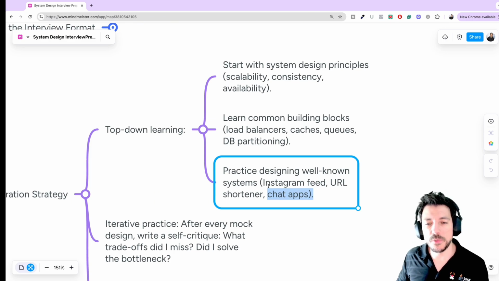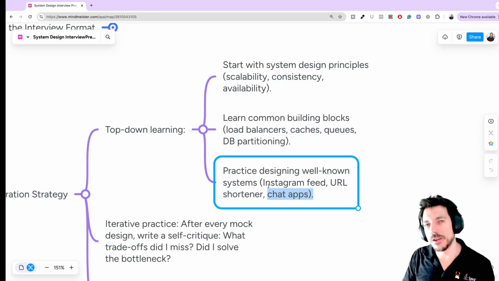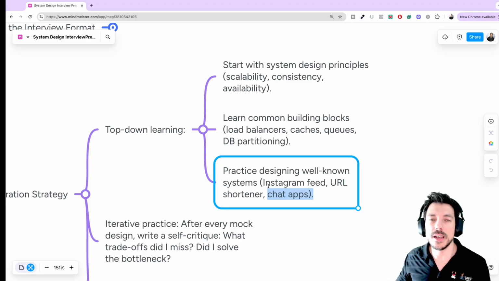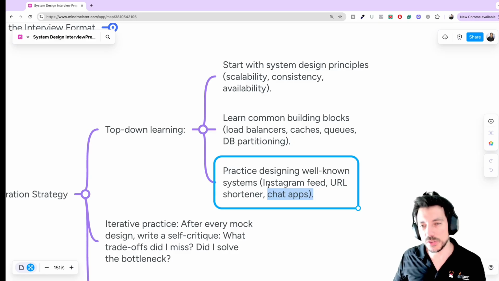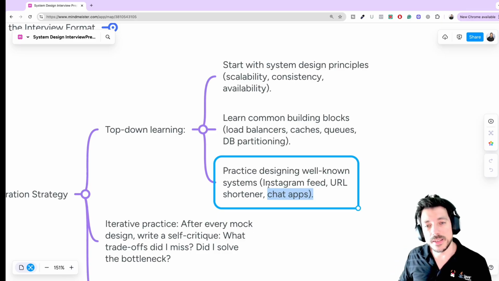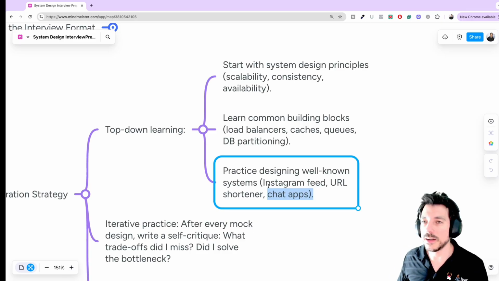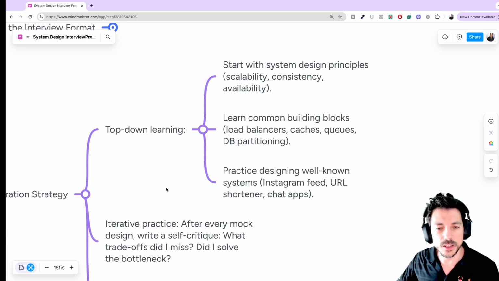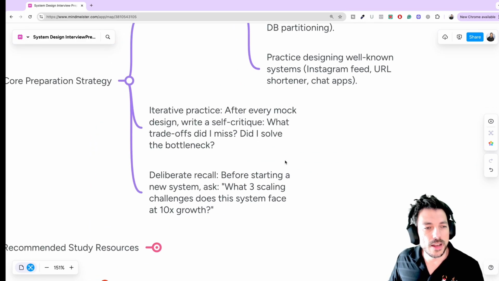So it's important that you practice, and there are loads of videos on YouTube, and I highly recommend you watch as many videos as possible with different systems so that you understand the dynamics of the interview. And then once you understand the dynamics, it's important that you do this interview with a fellow developer. And by the way, you can do that in the Challenger Developer Mentorship. Then it's easy to do this interview.